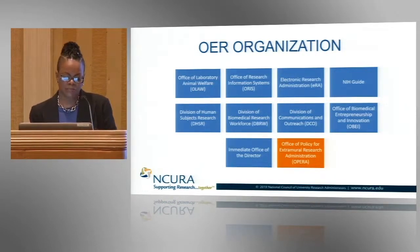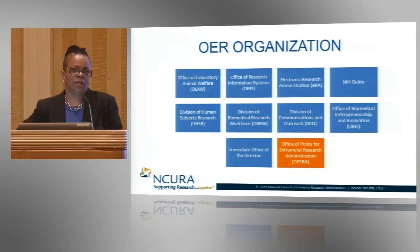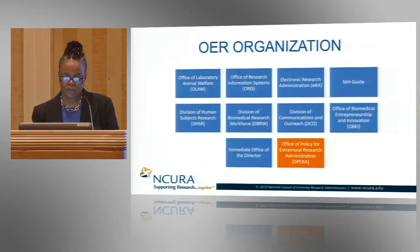And then we have the immediate office of the director, which Dr. Mike Lauer is the director for OER. And Dr. Lauer has several functions under his immediate office. That's where your review officer is housed, the program officer, and a couple of other special functions. And then you have OPRA, which is my office under the Office of Policy for Extramural Research Administration, where we provide a lot of policies, a lot of compliance functions, and we provide that to the entire NIH enterprise